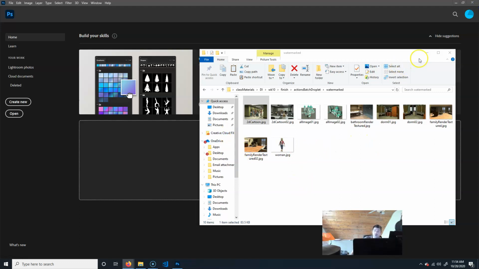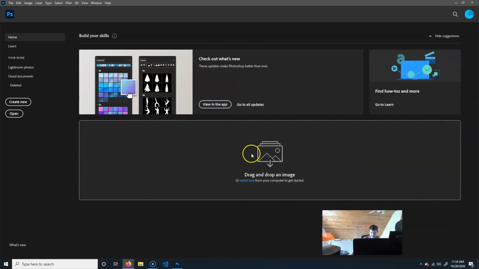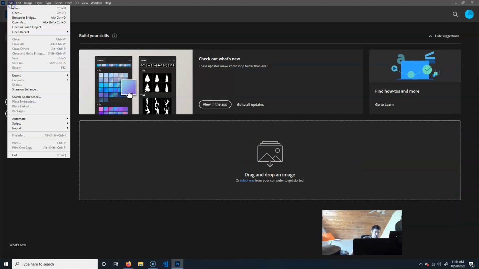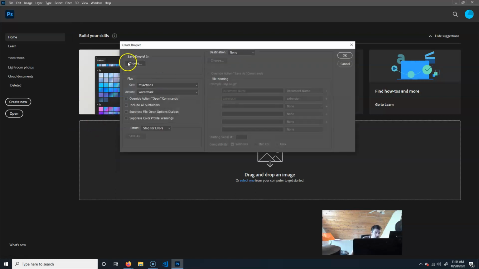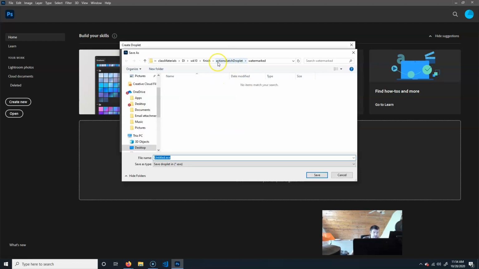So that's pretty cool. Quite frankly, I would just leave it like that and use it as it is now. But there's another thing you can create called a droplet. Figure we should show you it. So what you do is you go to File, Automate, and then you're going to see Create Droplet. Okay. So, Save Droplet in. I'm just going to save it right here. And I'm just going to call my droplet